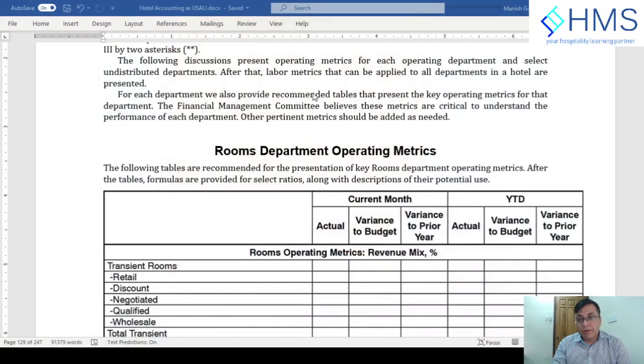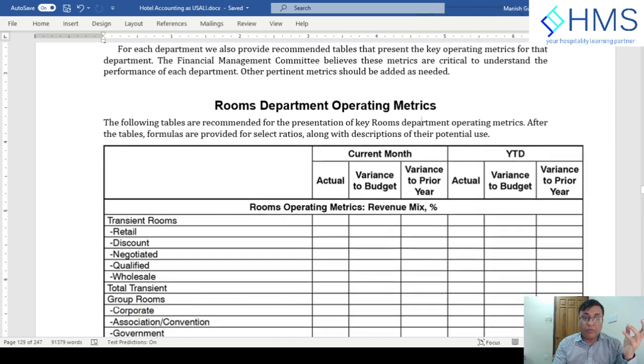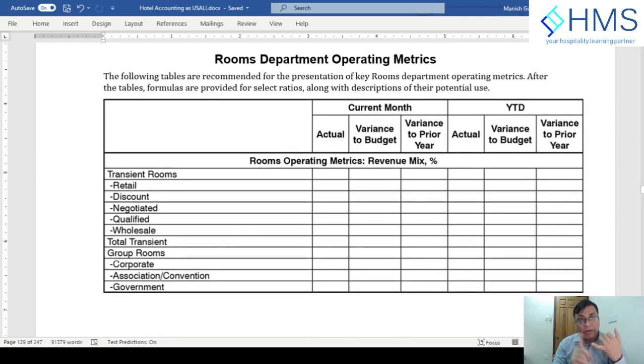Now you will be able to see on the screen that the first metric we are going to look at is the room revenue mix as a percentage. Here you will be calculating the occupancy, the ADR, and also the revenue, all three things, by market segment. As we have explained earlier, transient means the FITs, which are retail, discount, negotiated,